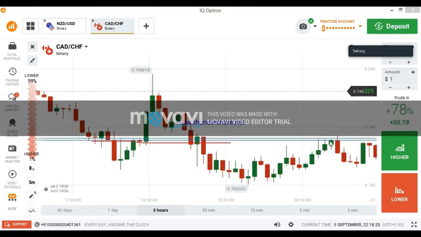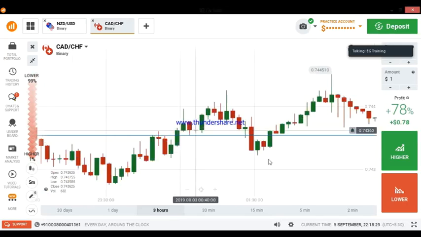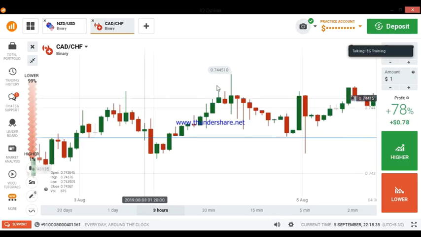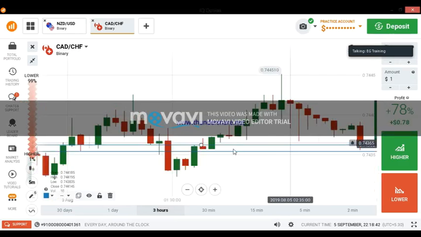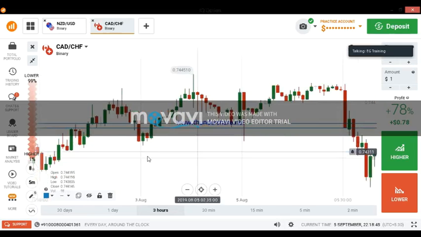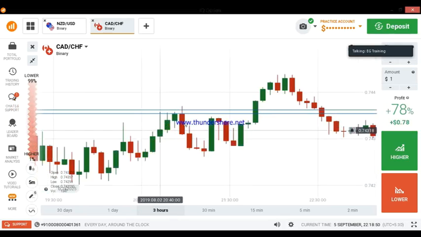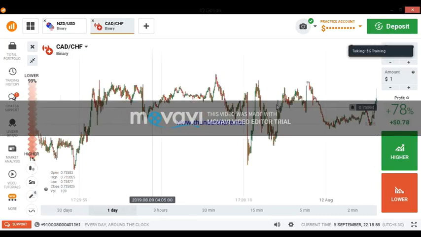Okay, I have drawn only this line, but by observing this level, there are some closing points here, right? And here also there are some closing points. Here also there is a closing point. That's why I have drawn this line again, right? You can see the closing point of this candle and the closing point of this candle. I have drawn these two lines and I have adjusted them according to the market.